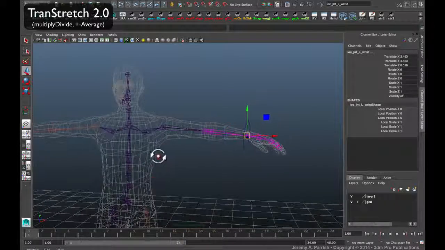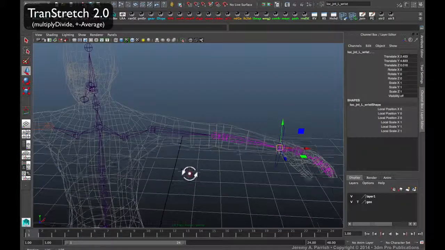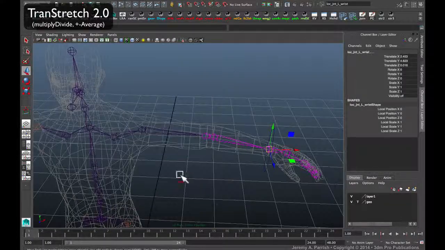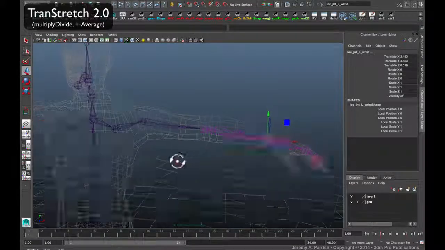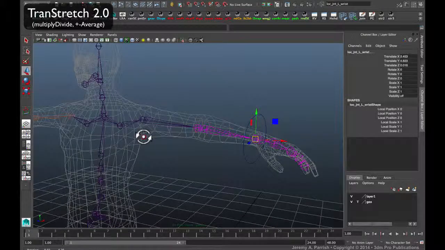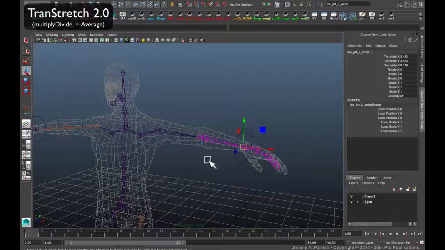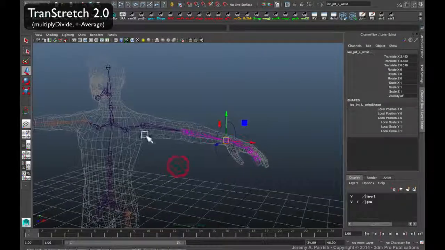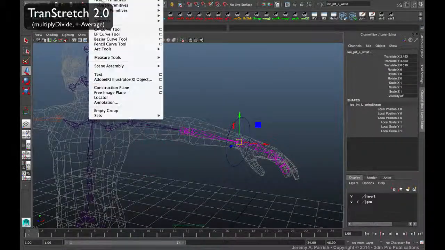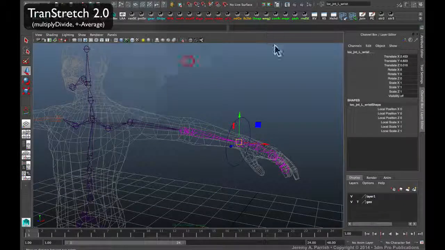So at this point we actually need to add in the distance measuring tool and a couple other nodes so it can actually keep track of the length of the arm no matter which direction it's pulled in, and so that it can actually regulate the scale of that stretch even when the rig itself is being scaled. So first you need to go to the Create menu, Measuring Tools, Distance Tool, and then